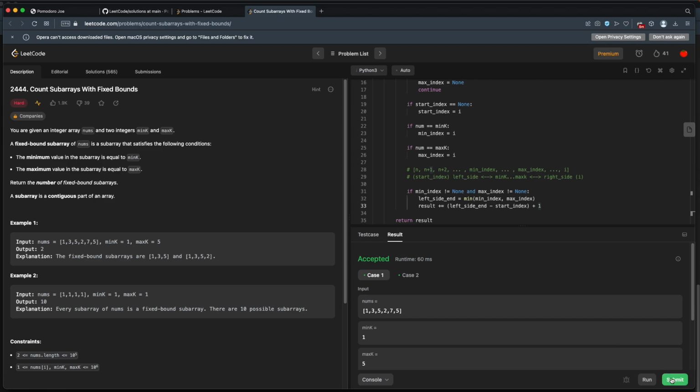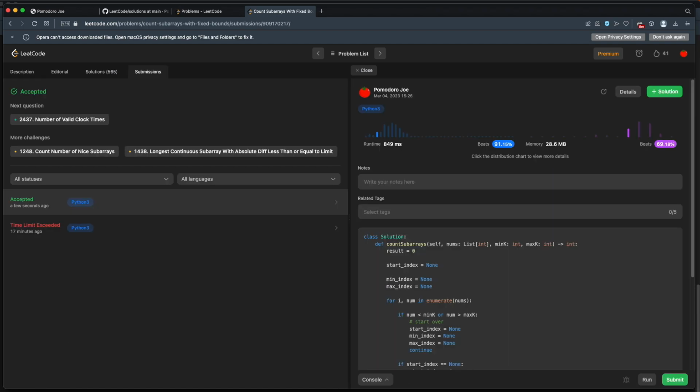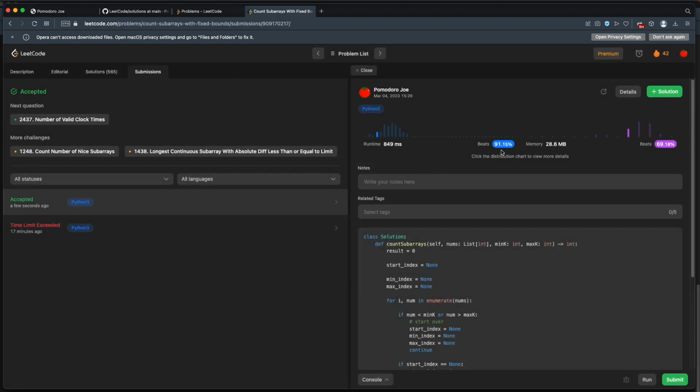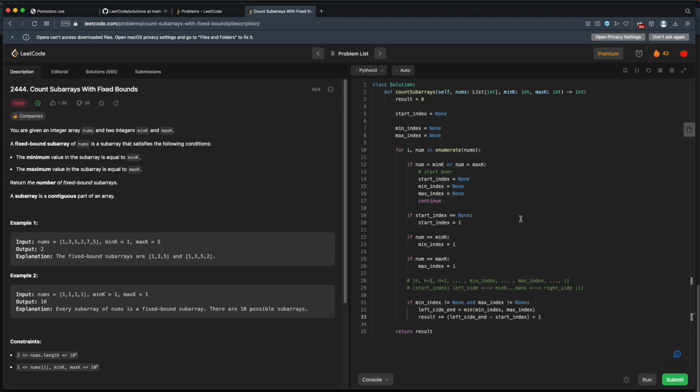All right, I'm going to submit this and see how we do. All right, we pass. We actually do pretty well with this one. So we beat 91.15% for runtime and 69.18% for memory. Okay. We could probably do some cleanup in here. Gain a little bit on runtime and memory, but